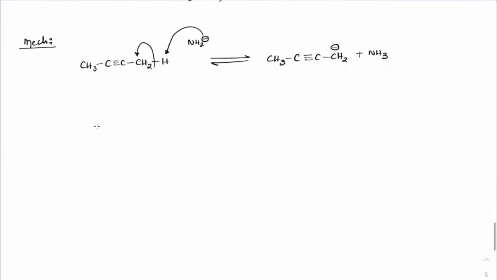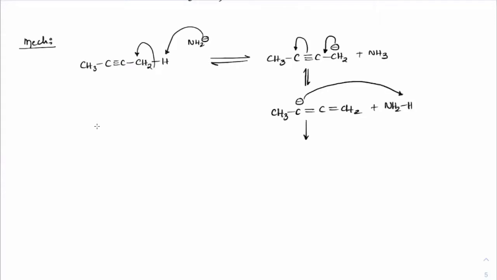Clear everyone? So it will go in the forward direction. Again, it gets rearranged to give CH3, C minus double bond C double bond CH2. And from the released NH3, this H plus will extract the proton and form CH3, CH double bond C double bond CH2. So an allene group has been formed. Now the last carbon, if you check the H, has become slightly more acidic compared to the first case, because earlier it was sp3 and now it is sp2. So the acidic character has increased.